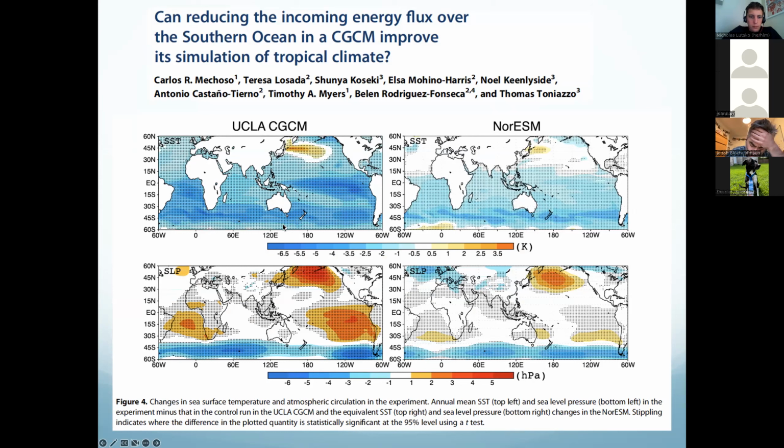And in this case, they looked at two models, the UCLA GCM and the NorESM. And the UCLA GCM produced this interesting pattern that we've talked a lot about, where not only does the Southern Ocean cool, but also the equatorial Eastern Pacific. And on the bottom here, you're seeing the sea level pressure pattern associated with that, with this high pressure over